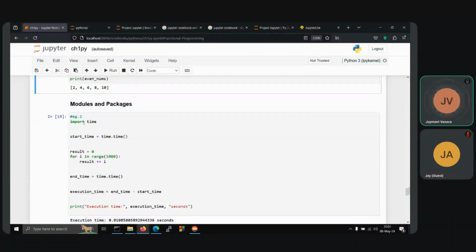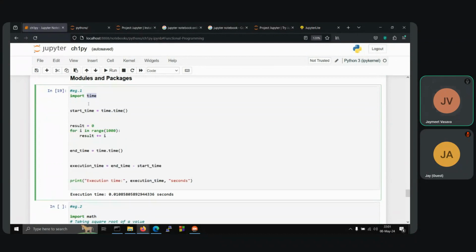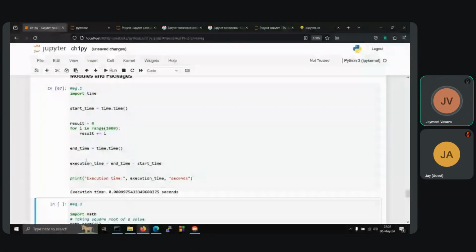A simple one is the time module, which we import, and then we time the execution of the program. When I run this, you get the execution time. You can see how much it took to run this program, which counts